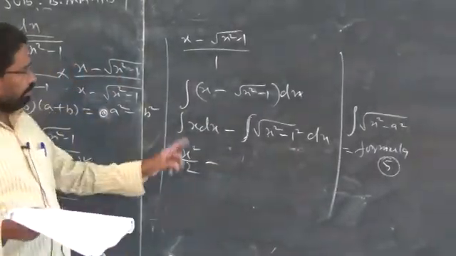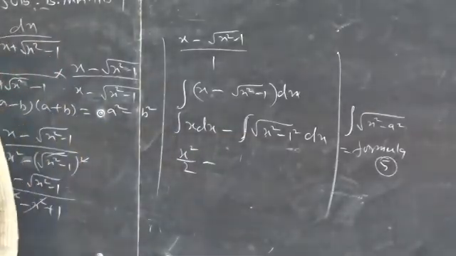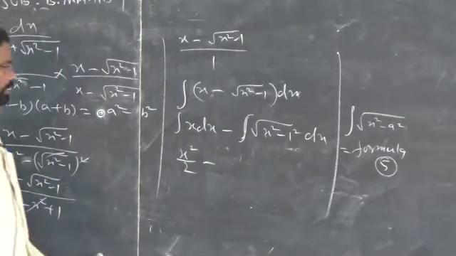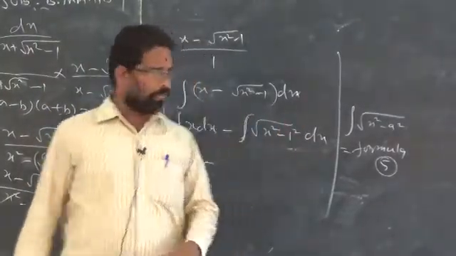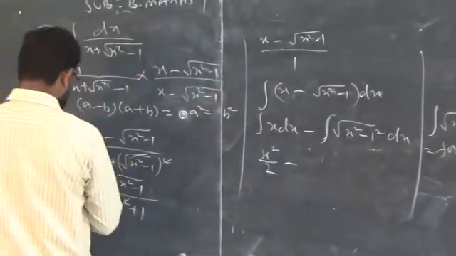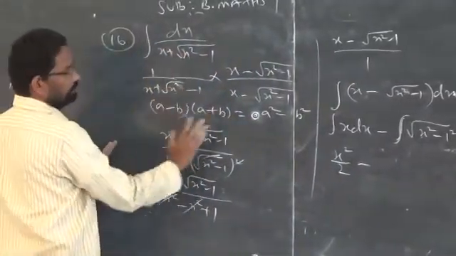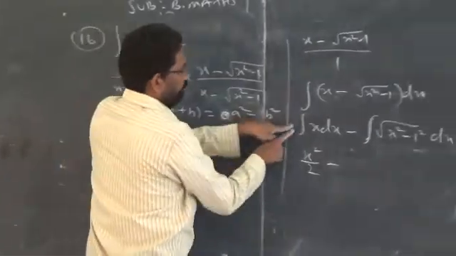Clear? So formula 5 refers to this part. Just refer to the formula and substitute the values: in the place of x you have to write x, in the place of a, by how much? 1. Be careful. Do you have any factor outside the integration? You please check. No. Be sure that if you take any number outside of the integration, that should be there.